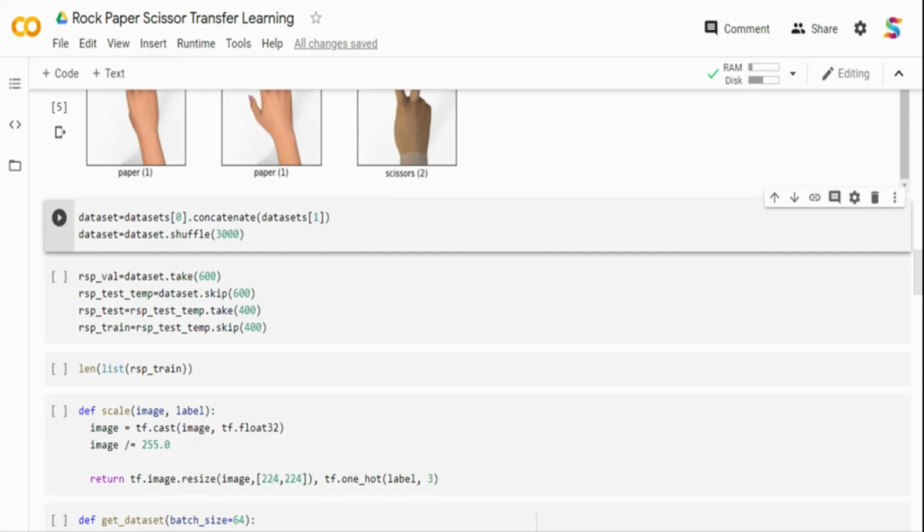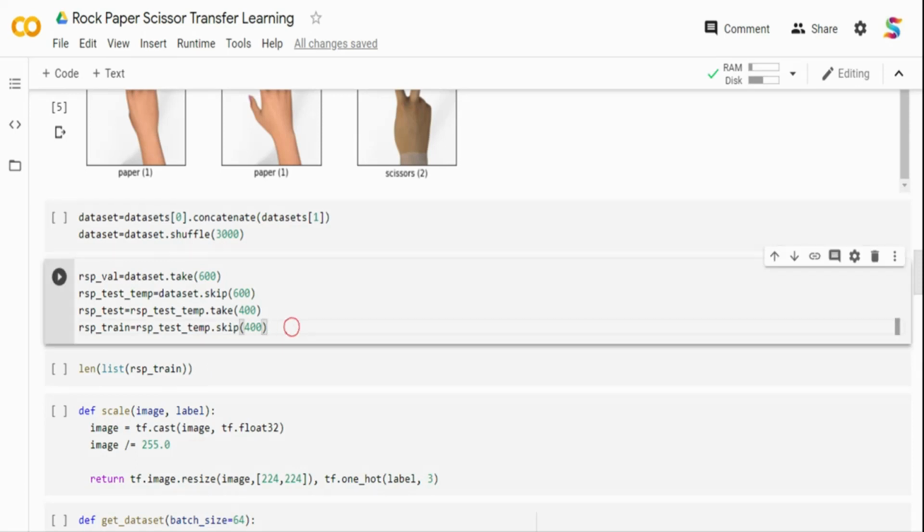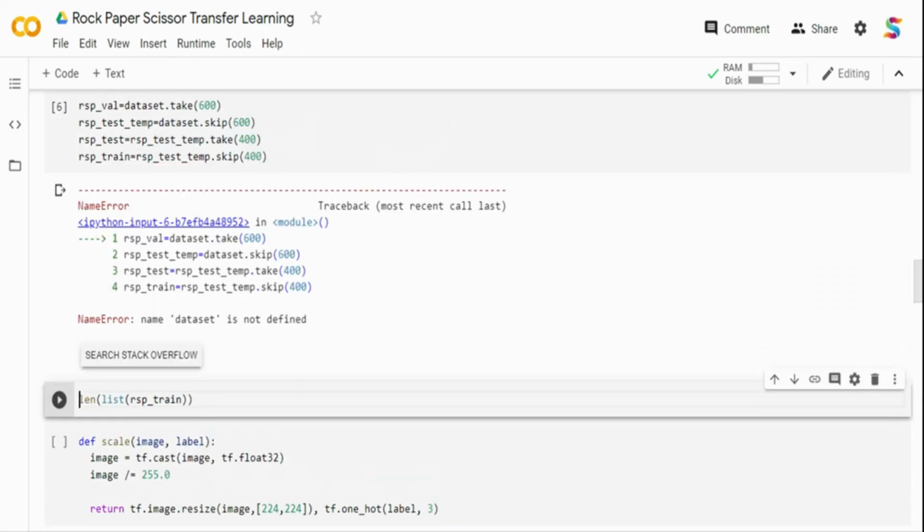Then I take the remaining 1400 images out of 2000 and split again. I assign 400 to test and keep the remaining in train. So out of 1400, 400 will get assigned to test, and the remaining 1000 will get assigned to the training data frame. But I think we have more than 2000 images, so you will have more than 1000 for train.